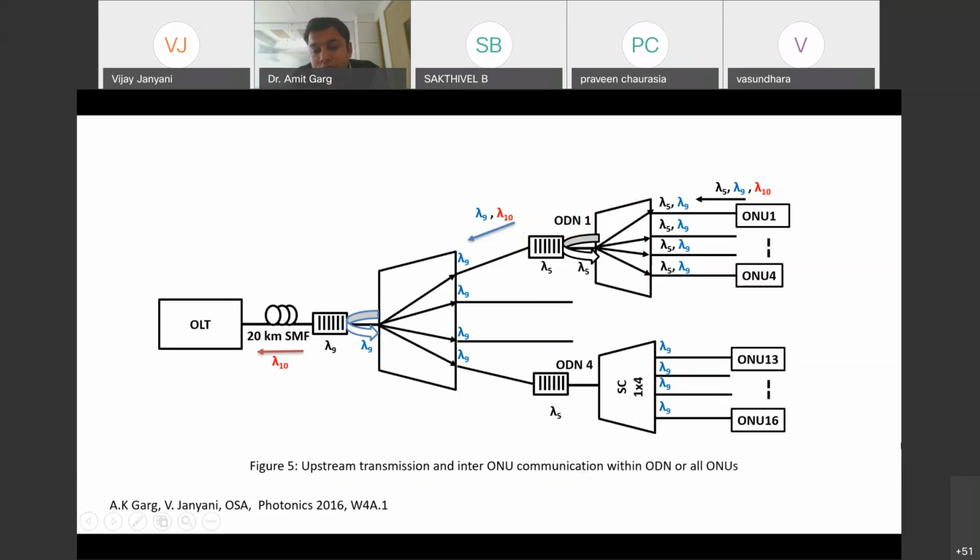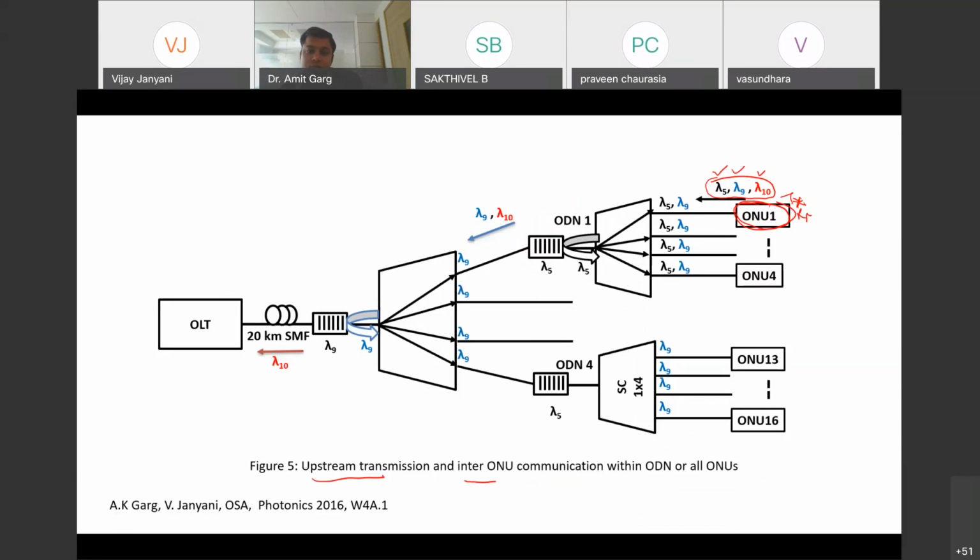So you see here that let us say this ONU1 now wants to make an upstream transmission and also inter-ONU communication. The transmitter of this ONU, which has TX and also RX, will have 3 wavelengths, lambda 5, lambda 9, and lambda 10.